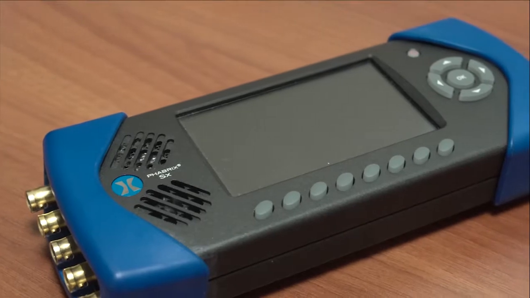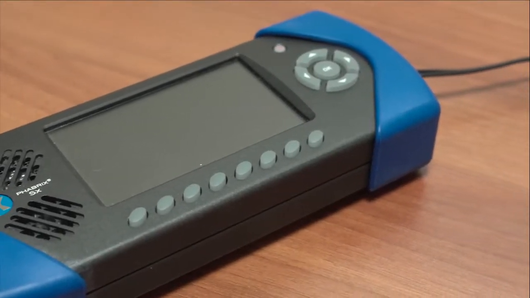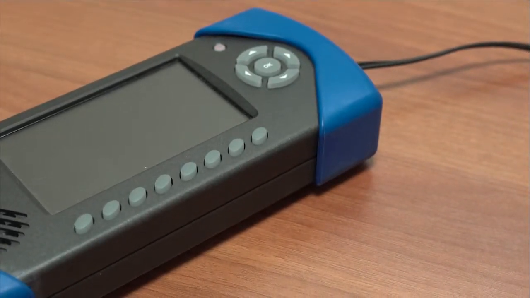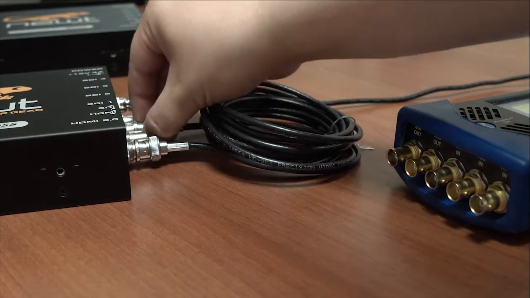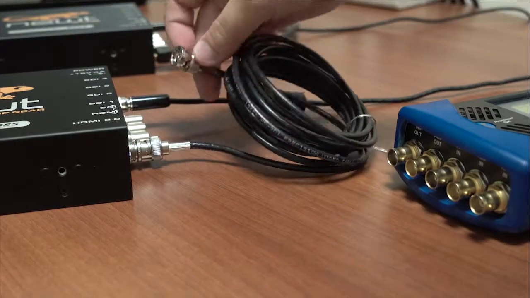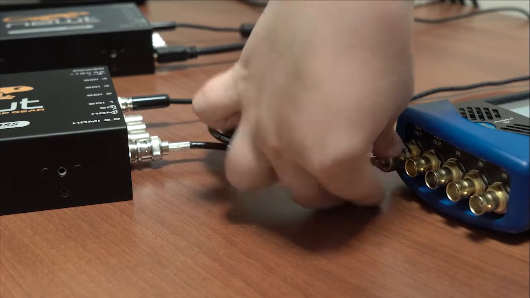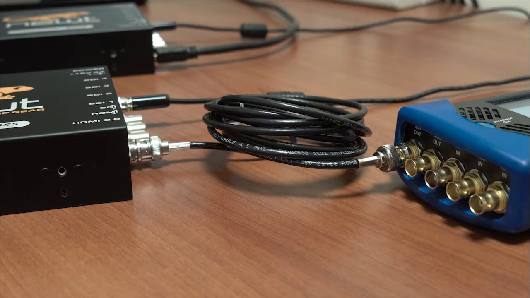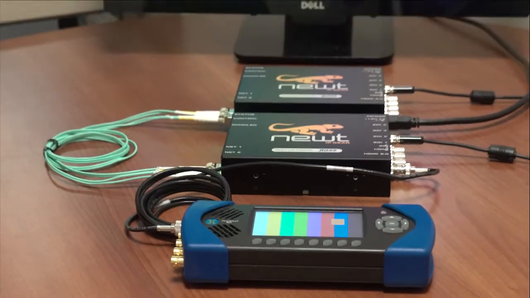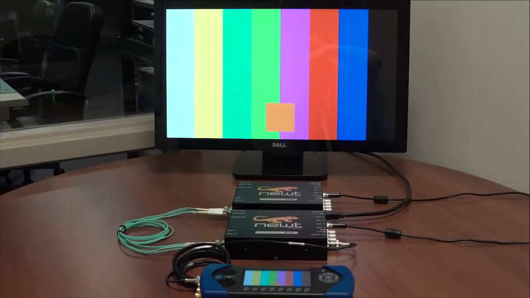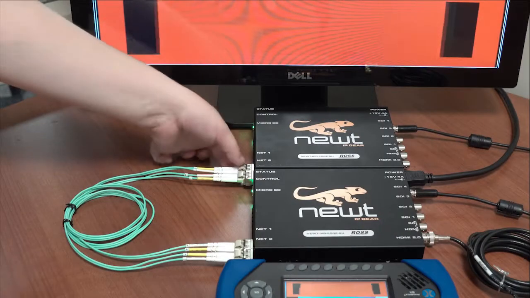In this part of the tutorial, I will use a Fabrics SX as my external source. To change the video source, simply unplug the BNC cable from the SDI 3 port of Newt 1 and instead plug it into the SDI out port on your pattern generator. Make sure that the video source is being generated in the same format as that of the Newt, this format being 1080p 59.94. You should now have a working external video source being transmitted through Newt 1 and the net ports to Newt 2 and then to your monitor.